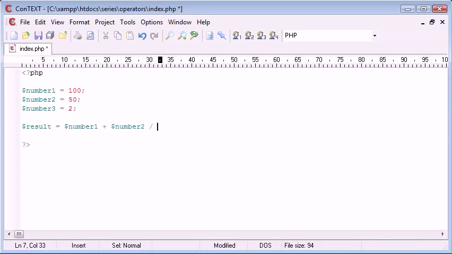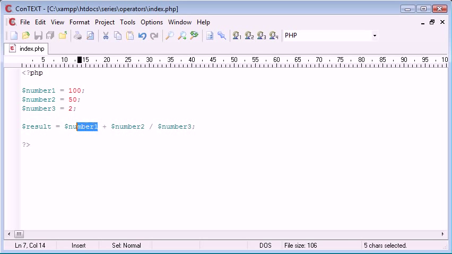So all I can do is say divide number 3. What this is actually reading out as is 100, because our variable number 1 is equal to 100, added to number 2, so our variable number 2 is equal to 50, and we're going to divide this by variable number 3, which is equal to 2. Now in actual fact the way this program or this result is going to work is it's going to perform this that I've selected in blue first,